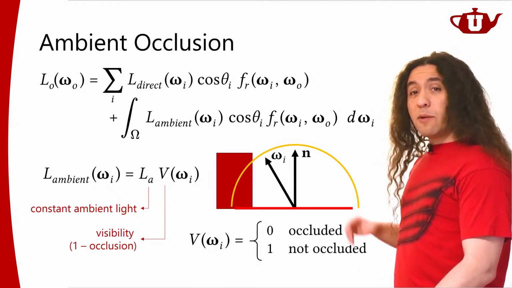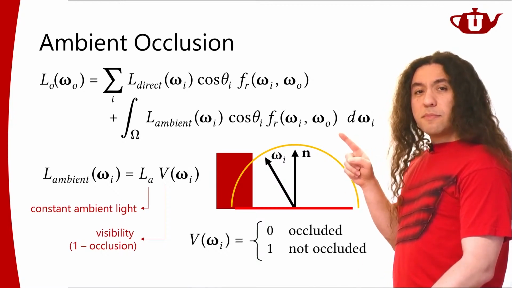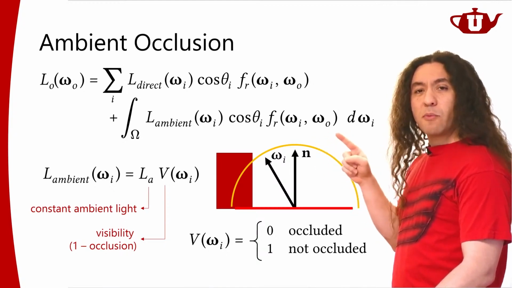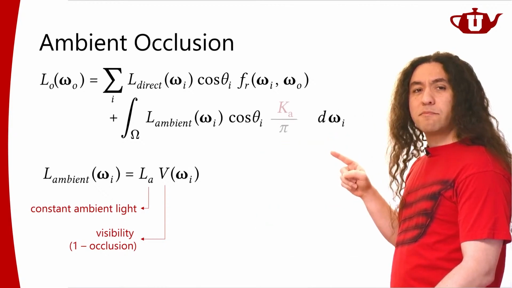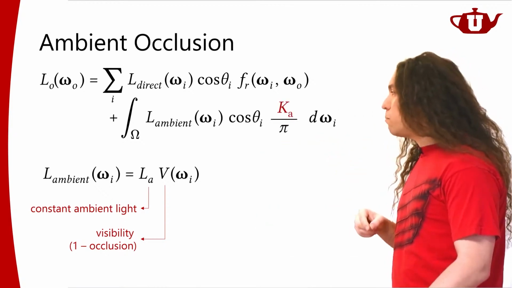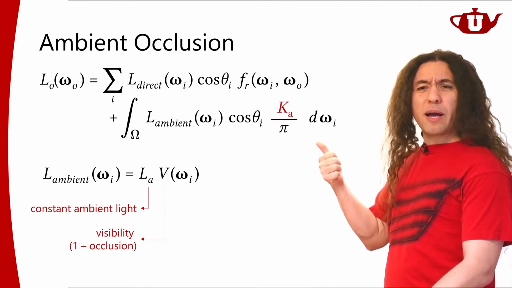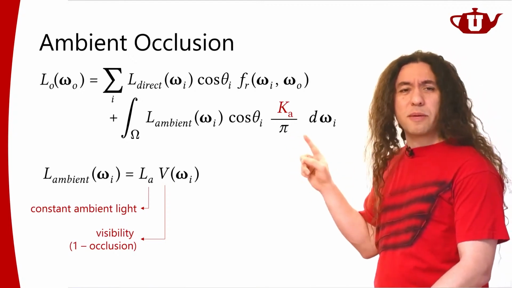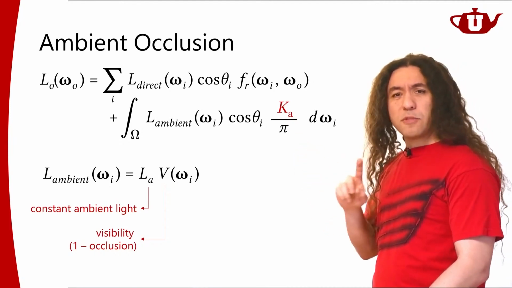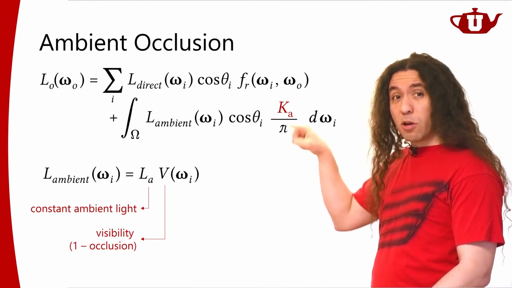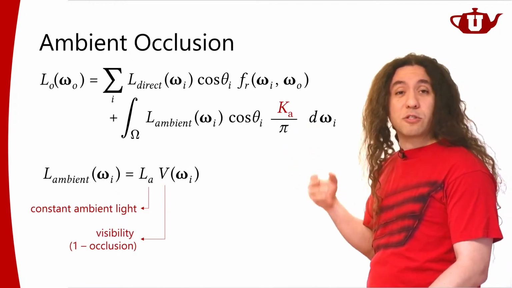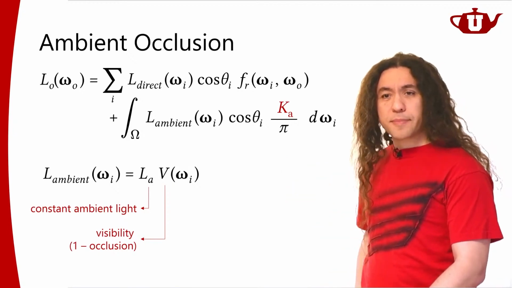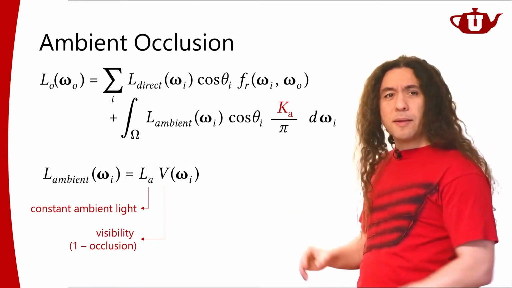All right? And we're going to do one more thing, where we will simplify this BRDF evaluation here, and we're going to replace it with some ambient term divided by pi. Why is this divided by pi coming? You'll see in a minute. It's a normalization term. I'll tell you where this is coming from in just a second. This is going to be some constant term to replace our BRDF, just to make things a little bit simpler, so we don't have to worry about the BRDF evaluation. All right, we're trying to simplify things.